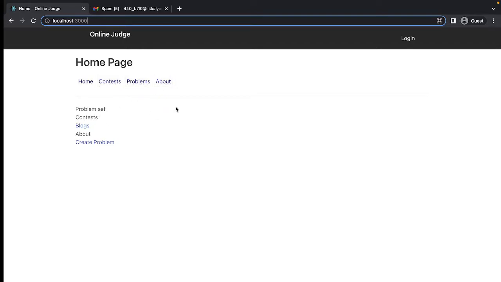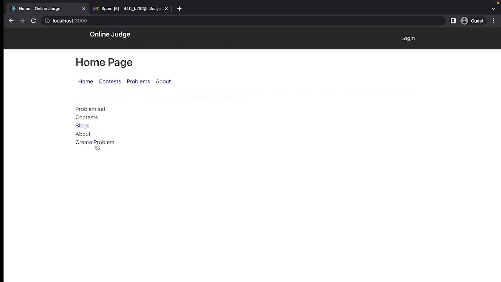Basically, the contest and about sections have not been done currently, since they are planned to be implemented in future, where in contest users can participate in different contests, and in the about section and blog pages users can interact with each other, discuss, and share their thoughts and solutions of the problems, and whatever things they want to share they can do in blogs and the about section.